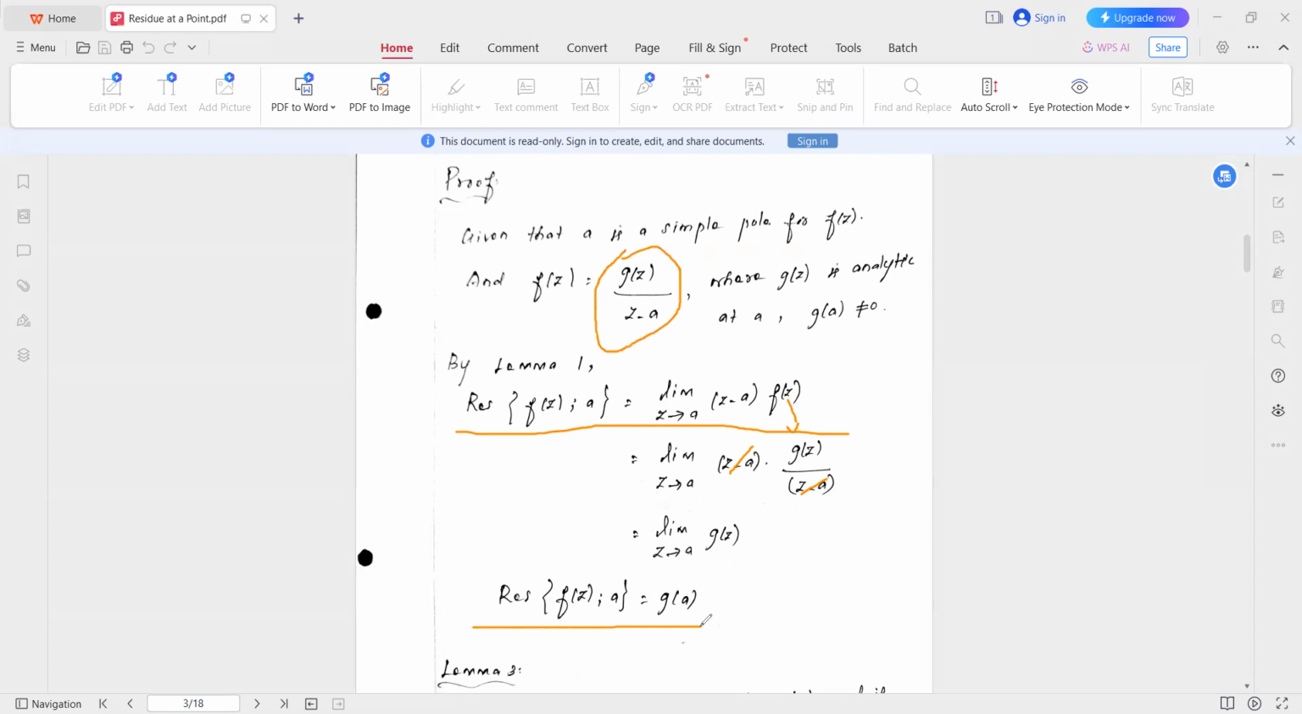So far we have learned two formulas if a is a simple pole. The first one: if a is a simple pole, then the residue of the function f of z at the point a is equal to limit z tends to a of z minus a into